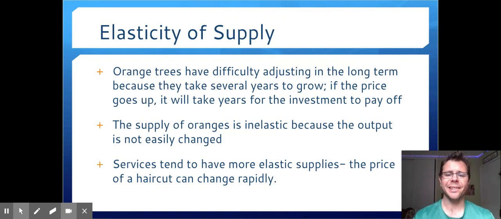And remember, elasticity of supply deals with how quickly suppliers can make more of something based on a change of demand. For example, orange trees and oranges are inelastic because you have to plant trees and wait and let them grow. Services tend to be more elastic because you can just keep making haircuts. We can see the same concept today in things like testing kits, healthcare workers, and vaccines. Those are all relatively inelastic right now because it's going to take a while to develop more of them.